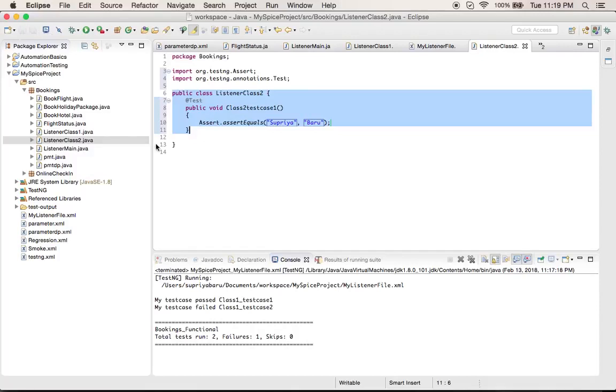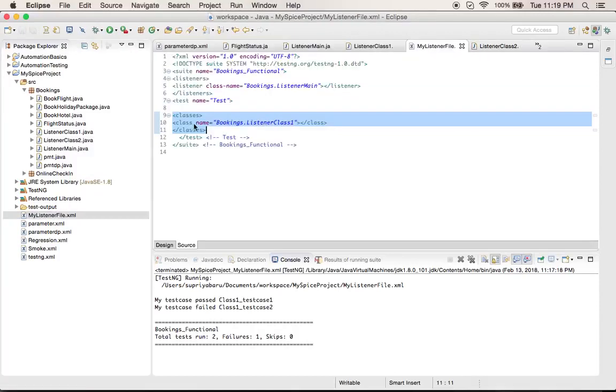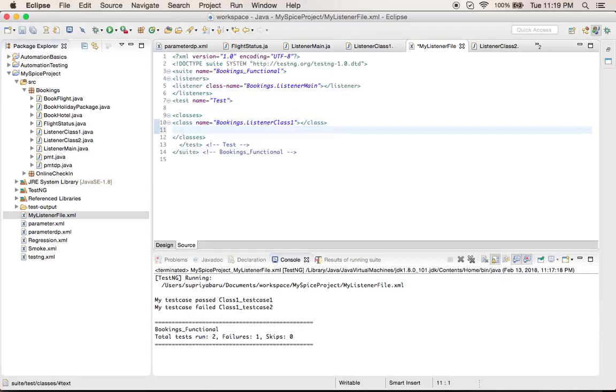So I'll just save this, come to your XML file and give the name of this test. So in this way one listener can listen to multiple classes. So the same step, I'll just add one more class. Say class name is equal to, what is the package name, bookings dot, what is the class that I just created, listener class 2.